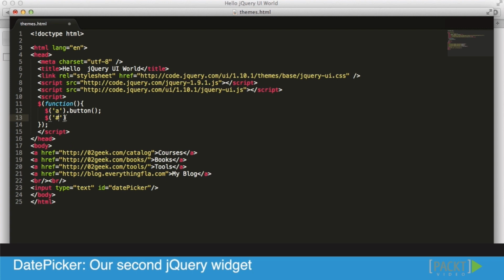So we're going to use the hashtag and we're going to write there datepicker. And we want to make sure that you're using the same casing. So in our case, it's camel casing because it's very important. Once we already approach it, all that's left for us is to tell it what we want it to be. In our case, we don't want it to be a button, but we actually want it to be a datepicker. Now be very careful because it's really important to spell it out correctly and not use an uppercase